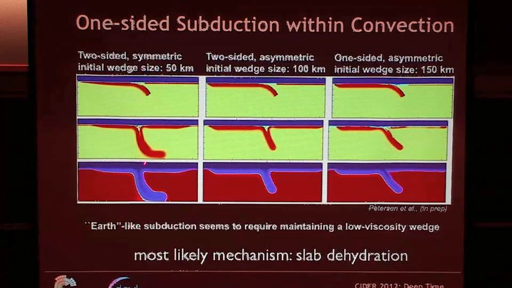From two-sided, where you see the boundary layer coming from both sides and roughly symmetric, just as in the mantle convection model, and with just a subtle change here, you end up with an asymmetric but still two-sided